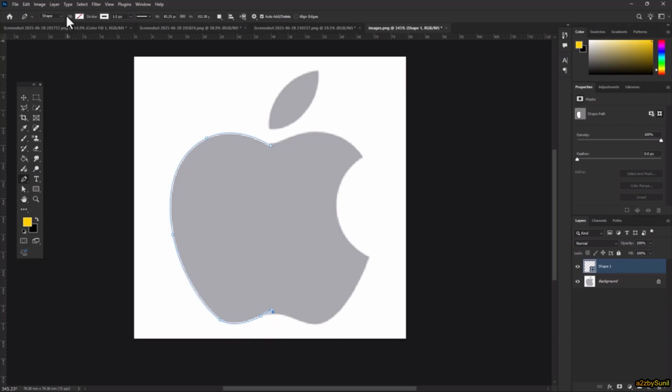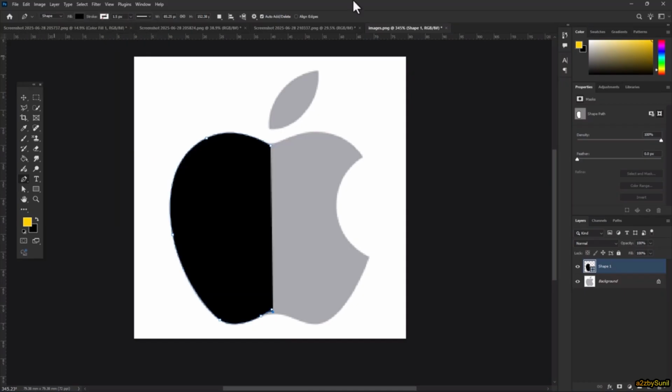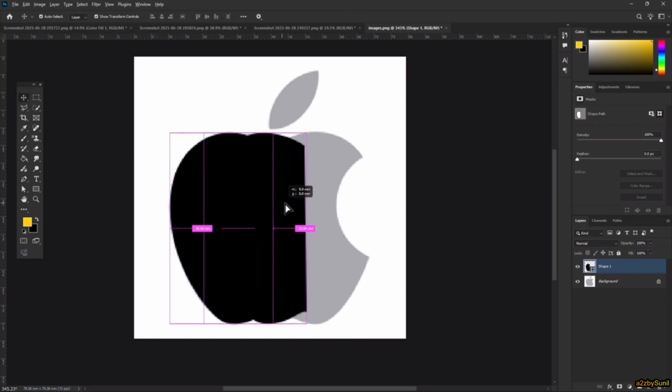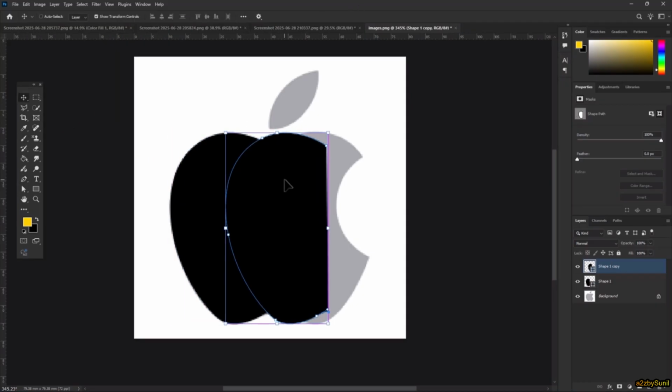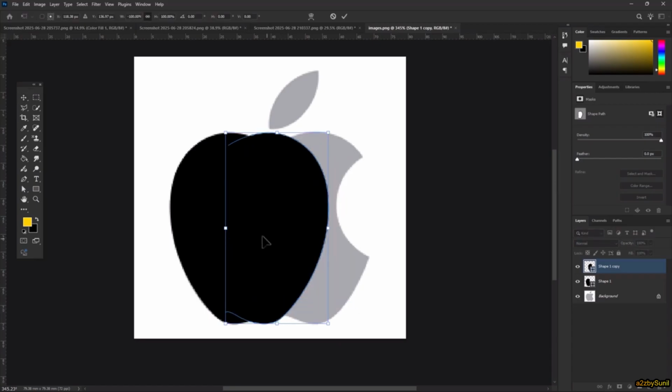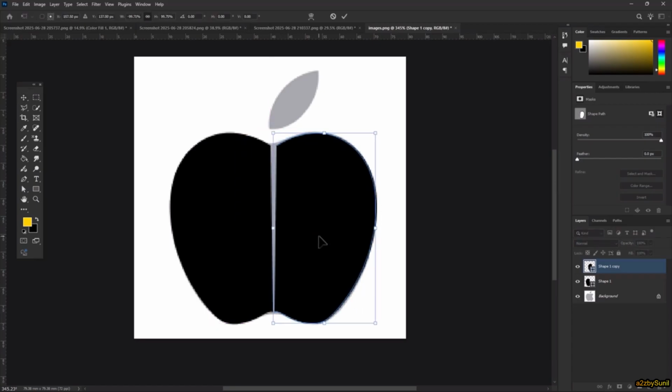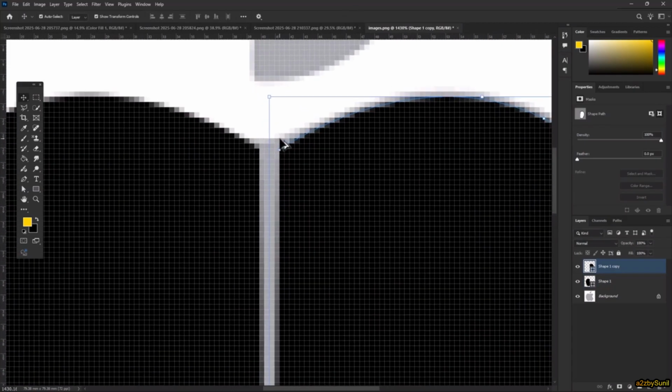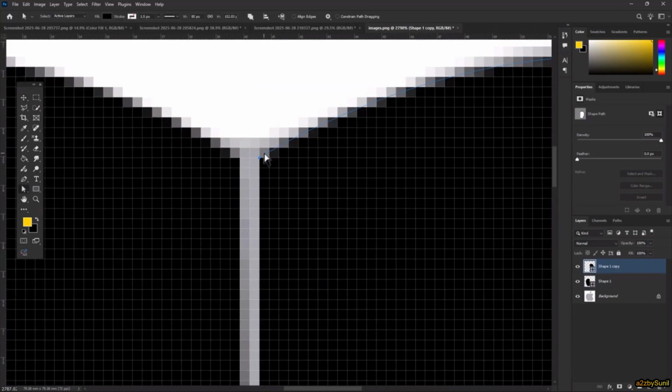Press escape key before pressing the escape key. Select example color, then hold Alt key to make a copy and press Ctrl plus T, right click, flip horizontal, hold Shift. Let's see, press A for the direct selection, zoom in, press A, there is the first and select